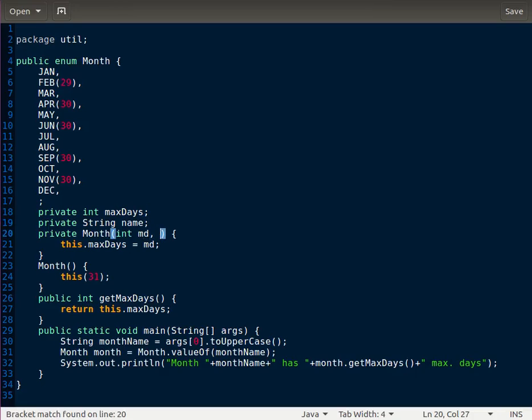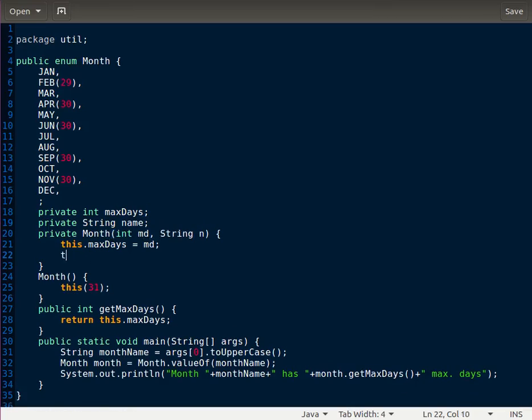Let's update our constructors. Oh, we can't have a default constructor now. We'll have to specify the name. We'll pass that name. Our object creation will have to change,